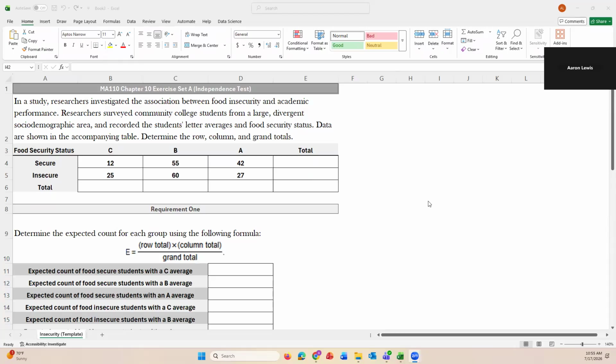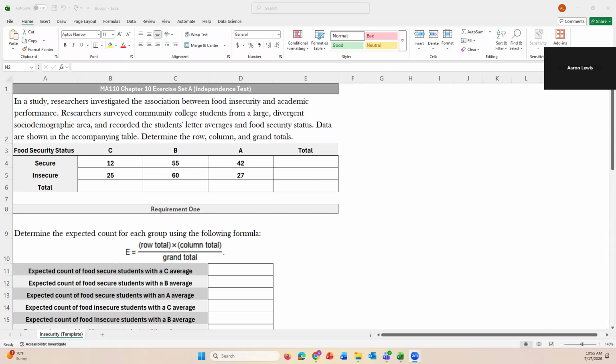In this example problem, we're going to do another chi-square hypothesis test, and this time we're going to do it for something that this type of statistical analysis really excels at, and that's determining if there is dependence between your two different variables. In this example, we're doing a study, and researchers are trying to figure out, is there some type of association between food insecurity, people not having enough food in their house to meet their nutritional needs, and